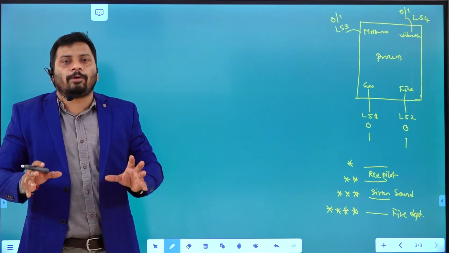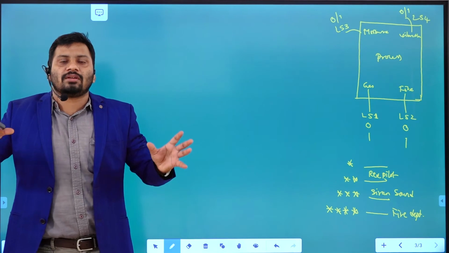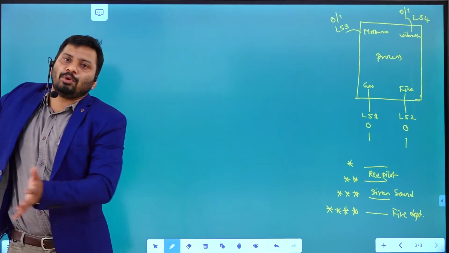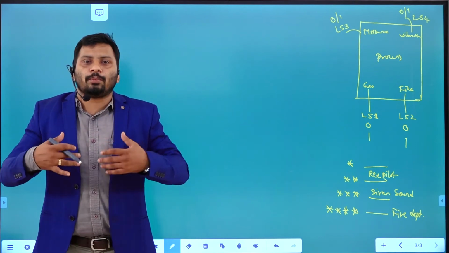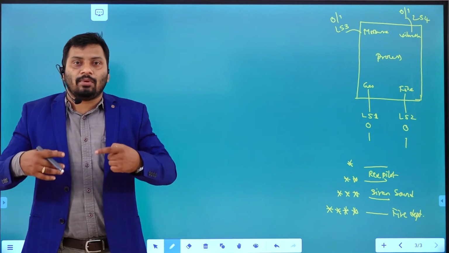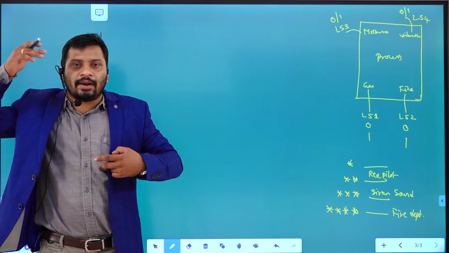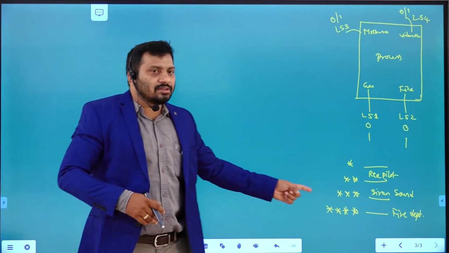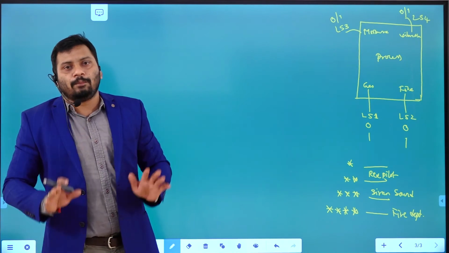To observe the 4 parameters, we placed 4 limit switches. The 4 limit switches are going to give signal to the input module of the PLC, right? The PLC is only going to execute the program that we are going to write now. So that program I am going to write by keeping this idea in my mind. This idea means if any one parameter crosses the limit, I don't want to bother, right?